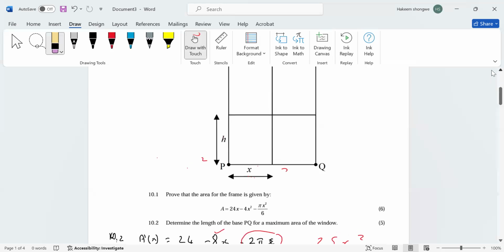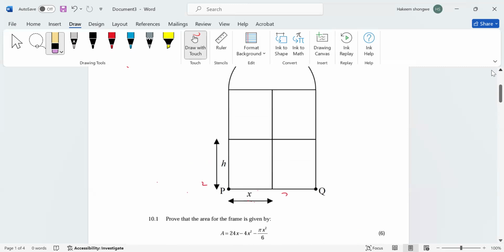Sure. So ladies and gentlemen, let's analyze the diagram again. If you look at this diagram, it is a rectangle made up of 4 smaller rectangles, and a semicircle on top again. Now if I analyze this diagram, the perimeter of this is going to be given by